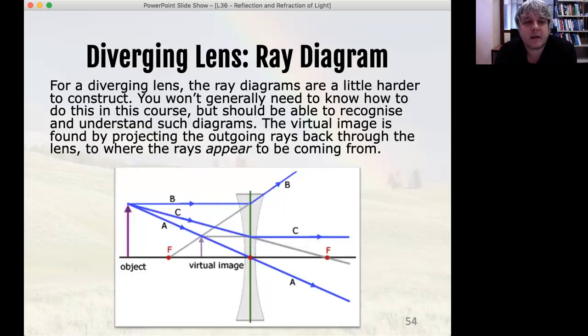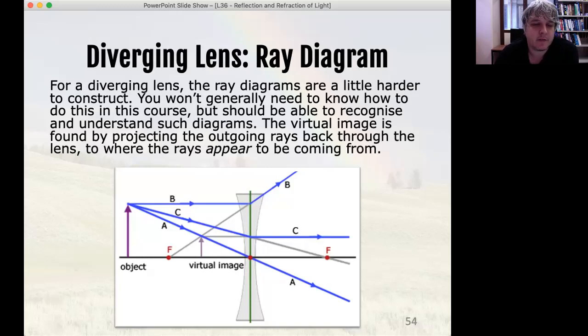We can do ray diagrams for diverging lenses. I expect you to be able to look at this and understand it, but I don't expect you to necessarily be able to draw them. There's nothing to stop you being able to draw them. Right? You have all the information, all the understanding. The one little trick